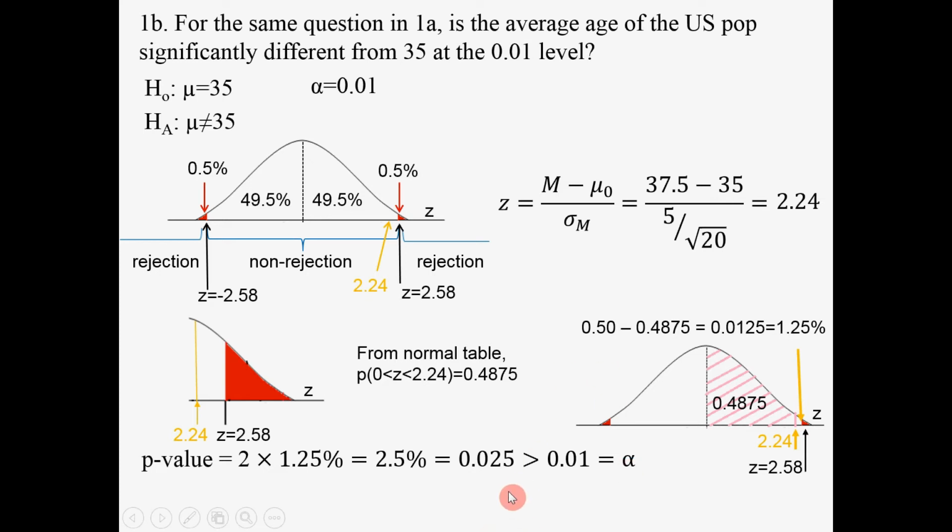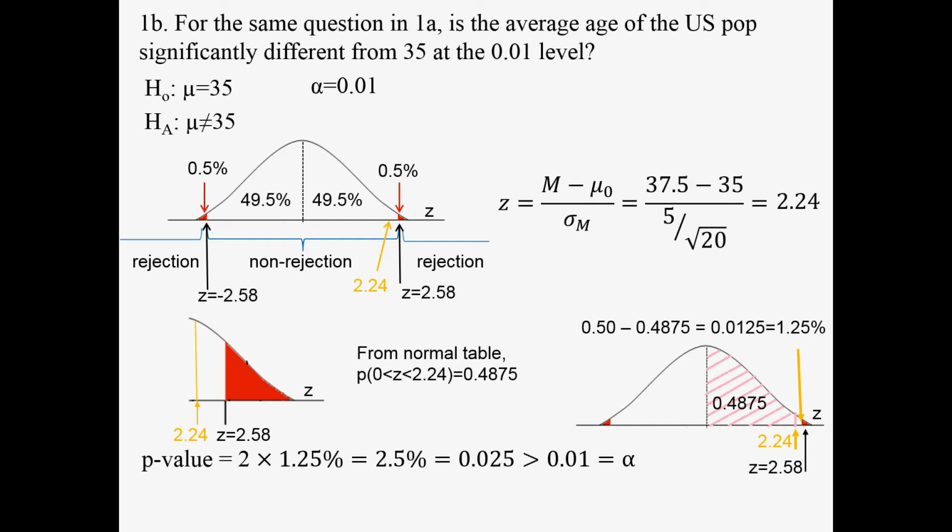Now 2.5% is way larger than the alpha we set up for this question. In this question, we set up the alpha at 1%. This means that those events that occur at the 1% level or lower will be regarded as real events for the given null hypothesis. But we realize that the probability of the sample mean 37.5 happening is at the 2.5% level. Therefore, this level is much higher than the 1% level